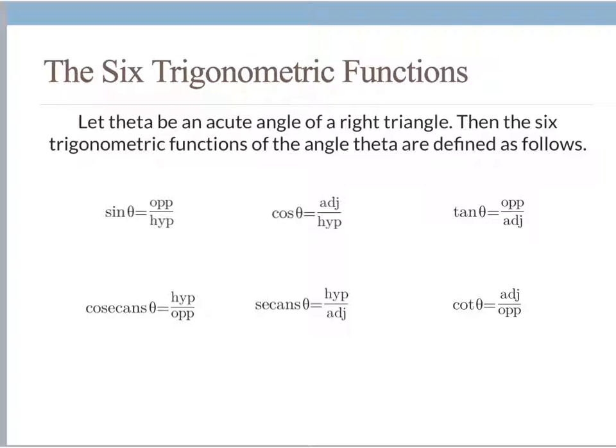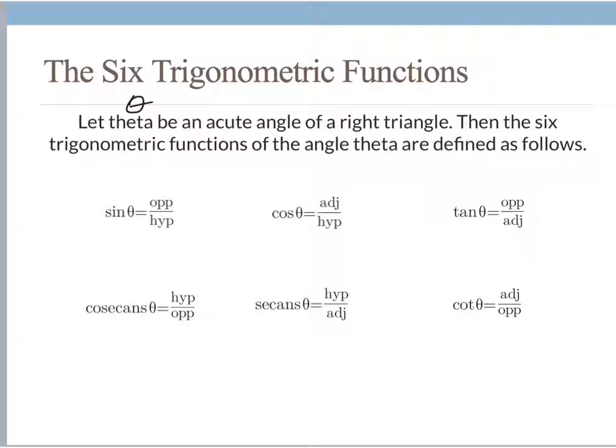So the 6 trigonometric functions. It says let theta be an acute angle of a right triangle. Then the 6 trigonometric functions of the angle theta are defined as follows. Sine theta is opposite over hypotenuse, cosine theta is adjacent over hypotenuse, tangent theta is opposite over adjacent. Cosecant theta is hypotenuse over opposite, secant is hypotenuse over adjacent, and cotangent theta is adjacent over opposite. As a reminder, cosecant is the reciprocal of sine, secant is the reciprocal of cosine, and cotangent is the reciprocal